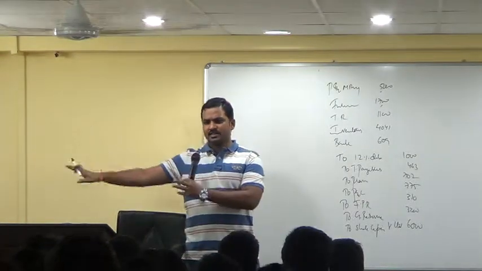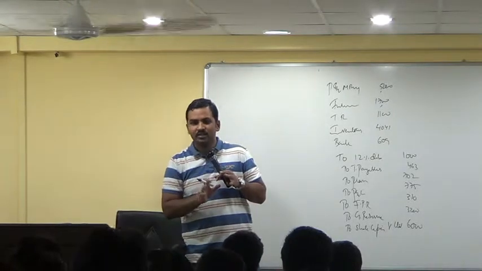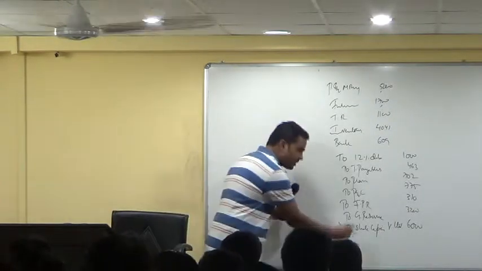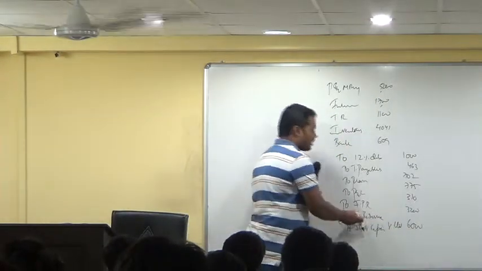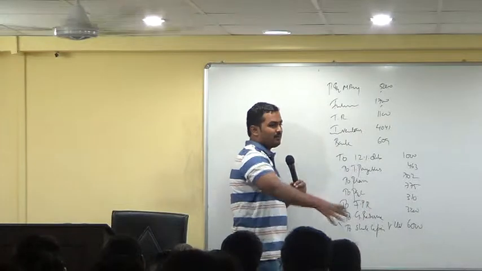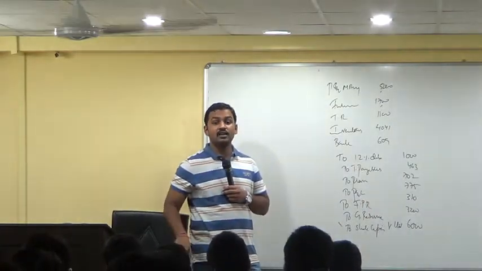I have just brought all assets, liabilities, capital, reserve as it is from the books of the selling company into my books. Including share capital I have brought. This is share capital in what company? V Limited. So whatever figures were available in the balance sheet, same numbers I have incorporated in my books. Is it clear?